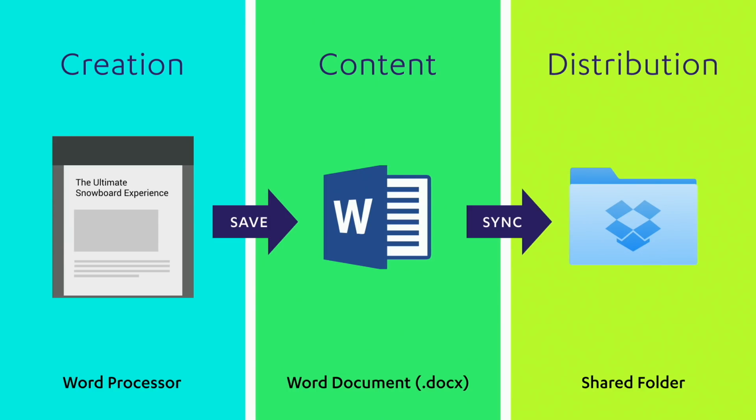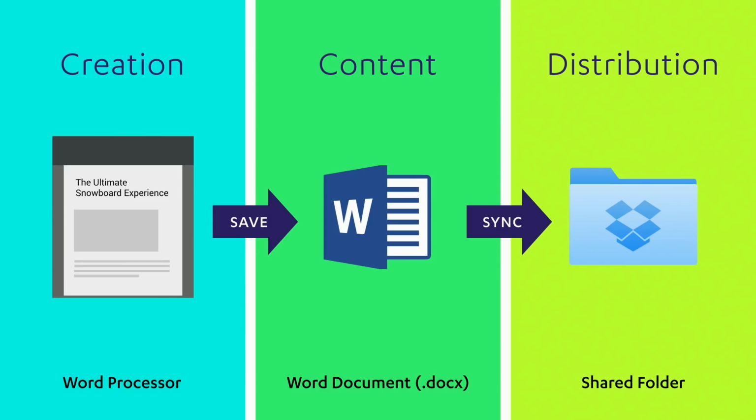That distribution also could be a mailing list or email, whatever it might be. So that's the basic idea of content creation and distribution. You have a tool to make the thing. It creates an artifact, some sort of bundle of text, images, and stuff like that, and then you move that bundle into a place where it either becomes accessible to others or gets proactively distributed, or notifies people that, hey, you have synced it, or pushes it down to a computer if you're synced to that Dropbox folder.